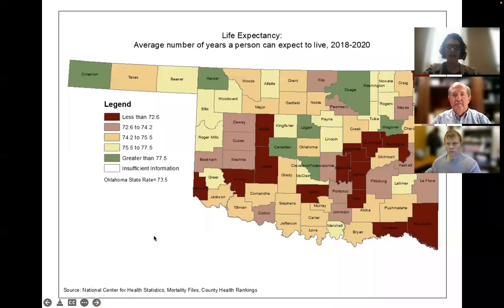And then lastly, I just like to throw this slide in here because this isn't necessarily part of the measures, but it's one that everyone's really interested in. People are always really curious, what does life expectancy look like in my home county? And so you can see the breakdown. The green counties are the more favorable. The dark maroon counties have the lower years, the less favorable years.